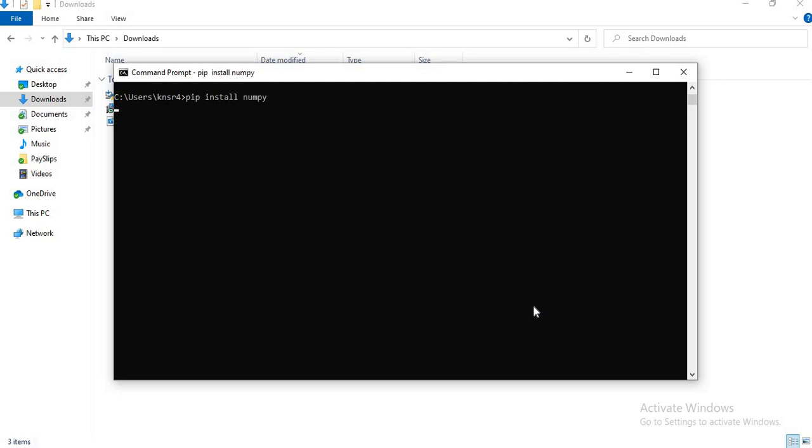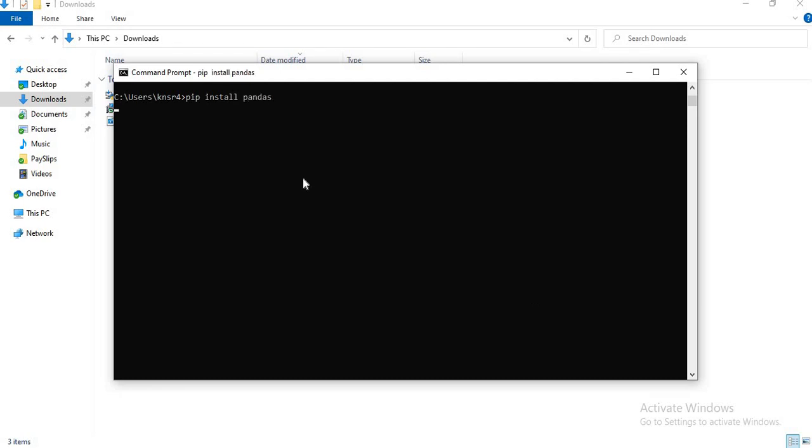So I will enter pip install numpy. It will start collecting, then it will install the packages. Now the NumPy package is installed successfully. Now I want to install the package called pandas. For this, pip install pandas.